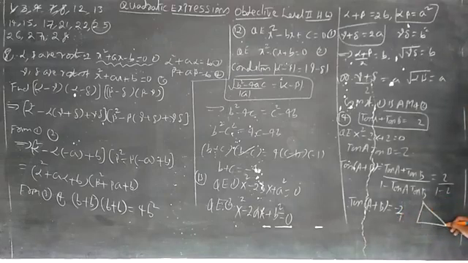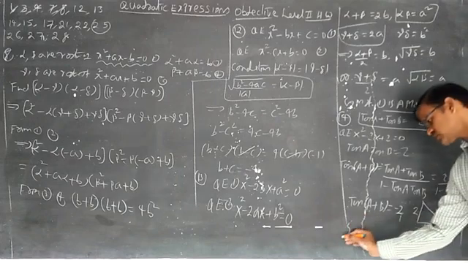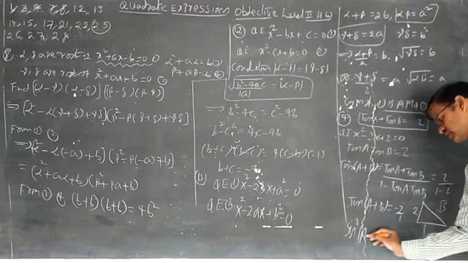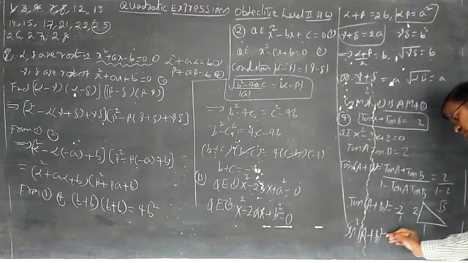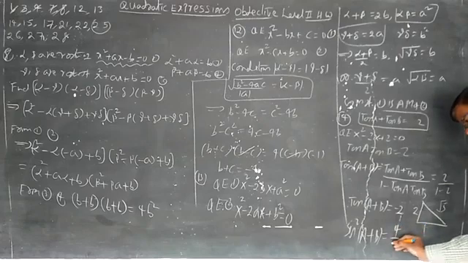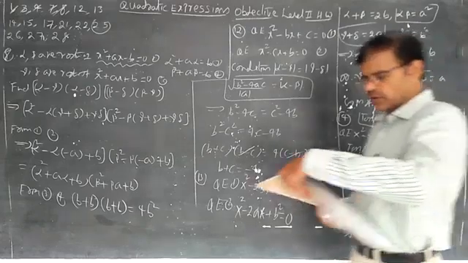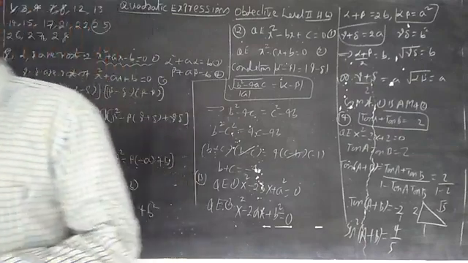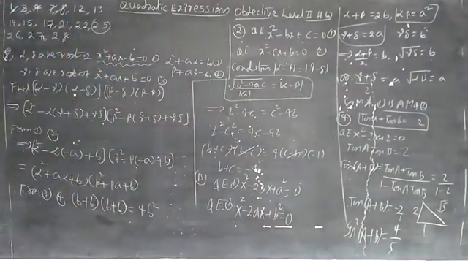So draw a right angle triangle. This is 2, this is 1, this is root 5. He is asking about the sine square of a plus b. Sine is equal to opposite by hypotenuse. So 2 by root 5 whole square, or minus 2 by root 5 whole square, becomes 4 by 5. So sine square of a plus b is 4 by 5. 15th question.